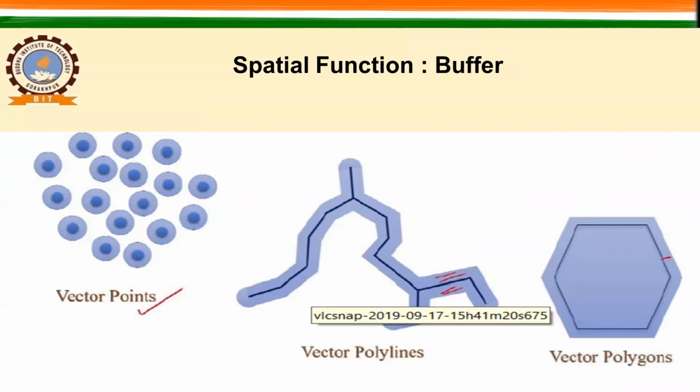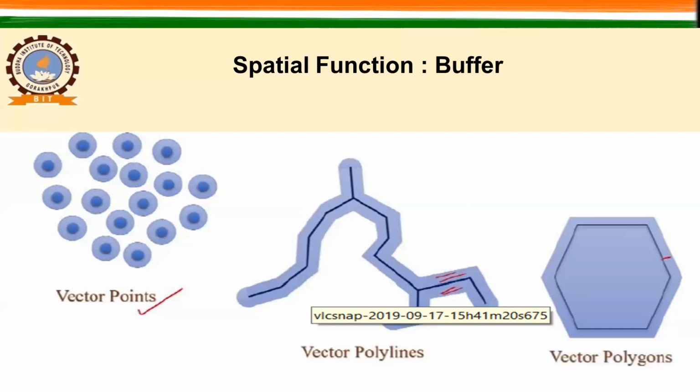The next one is line. Suppose this is a river, right? हमारे पास एक river है, right? And you want to create a buffer so that all the buildings or settlements should be away from that. Suppose you decide to keep maybe 10 kilometers. Using that, you can create this buffer and you can instruct people not to build houses in this place. Next is polygon. In the polygon, you can also create a buffer. This is your buffer depending upon your requirement. Such buffers you can always create, and it is very easy when you are working with GIS.